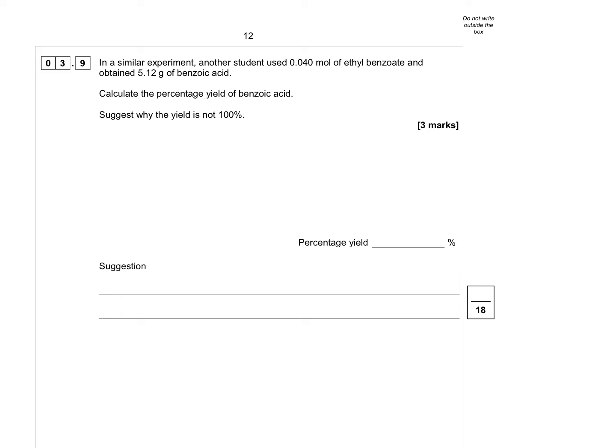So we're told in a similar experiment, using ethyl benzoate, producing benzoic acid, given some data, can we calculate the percentage yield? They tell you how many moles of ethyl benzoate went in at the start and how many grams of benzoic acid have been produced. So I just quickly jot down, we've got ethyl benzoate turning into benzoic acid. The Mr of the ethyl benzoate is 150. If I just jot down the benzoic acid structure at the side and quickly work out its Mr, I can work out,